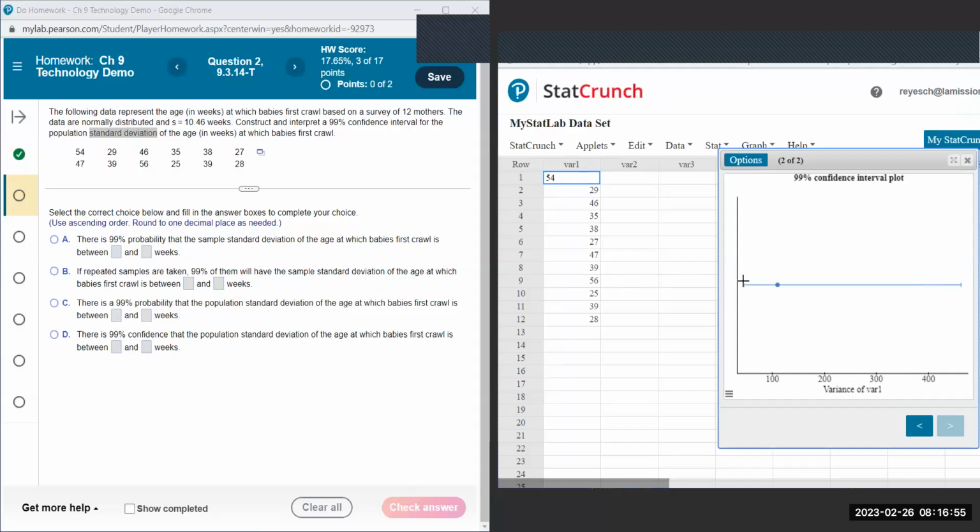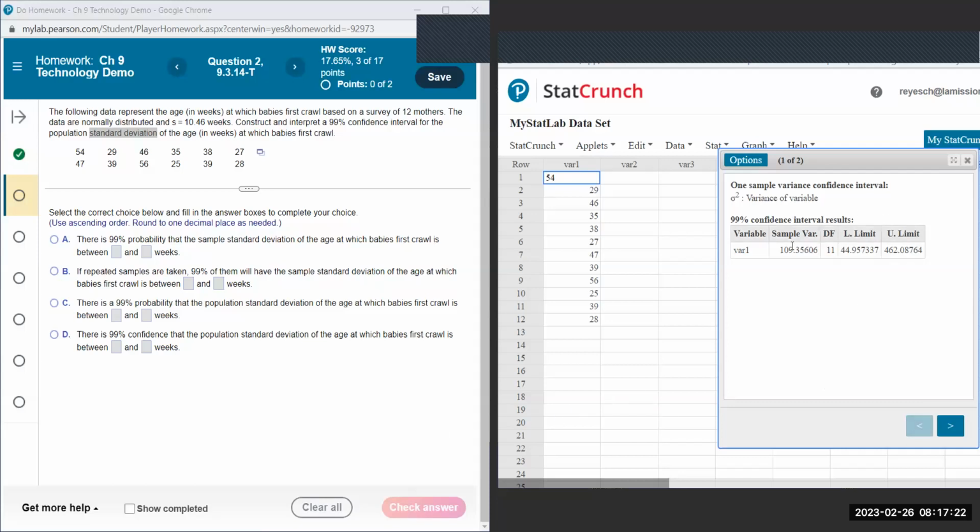So maybe, if this is like 80, then it may be like 9 or 8 at the lower end in terms of standard deviation. But that's the little window that they come up with, that the truth must lie somewhere in between, in terms of the variance. And if we take the square root, then the truth must lie somewhere in here, in terms of the